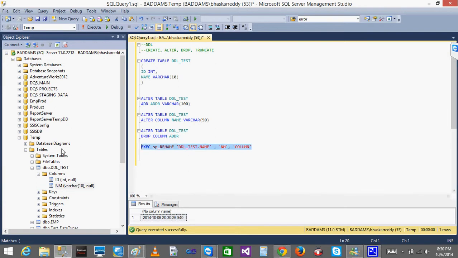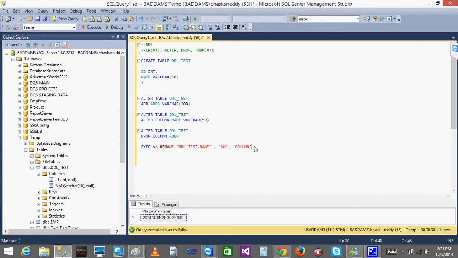Like apostrophe DDL_test. Yeah, you are passing parameters to a stored procedure, so you will know when you go to stored procedures. Because you are passing a string data type, in order to pass a string data type, you need to send it in quotes only.